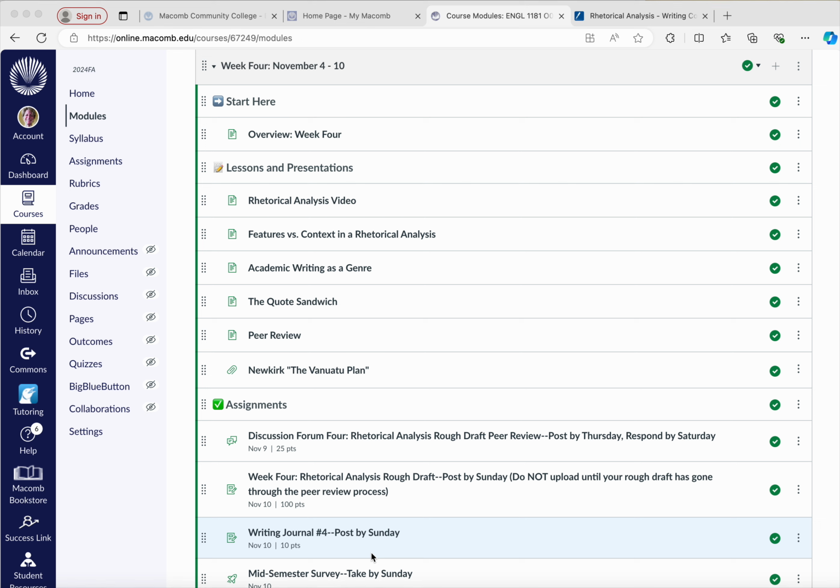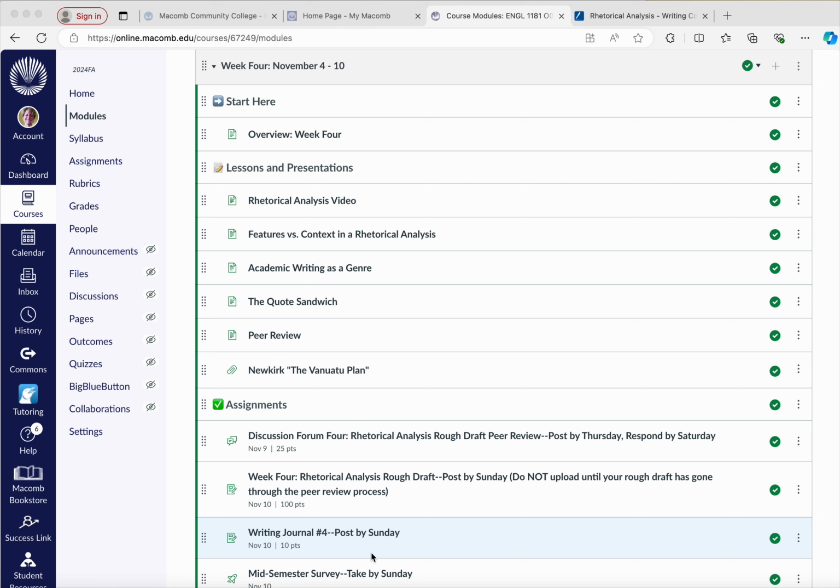As you prepare for your rhetorical analysis rough draft, the quote sandwich is particularly effective because it walks you through how you set up a quote. So what's your introductory tag look like, the quote itself, and then that follow-up response that clarifies the importance of that particular quote or links its relevancy to what you're trying to say in that particular paragraph. So again, you've got the tag, the quote itself, and then a follow-up, and that creates that quote sandwich.